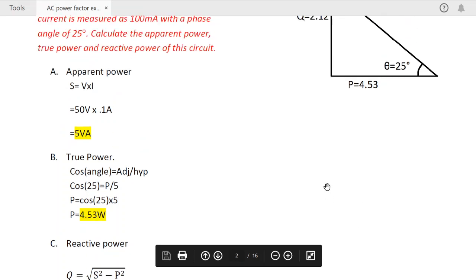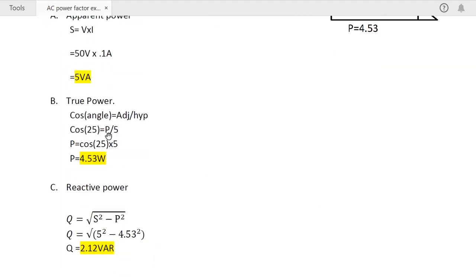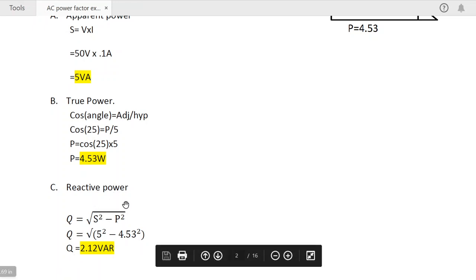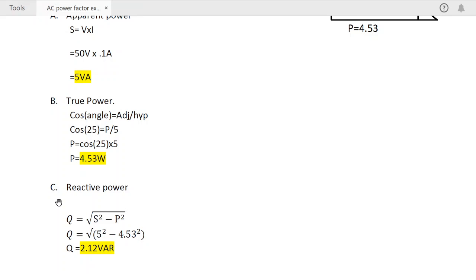Now, I should have mentioned this at the start, but I think it's a good idea. You may have to pause and restart this video, that's fine, but as I go through each of these, follow along and do them in your calculator, just to get into the practice of using the formulas. But also remember that sometimes, particularly when we're using things like our square root with 5 squared and 4.53 squared, where you place the brackets